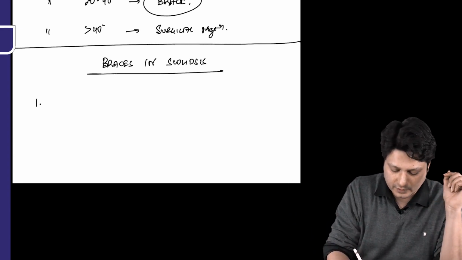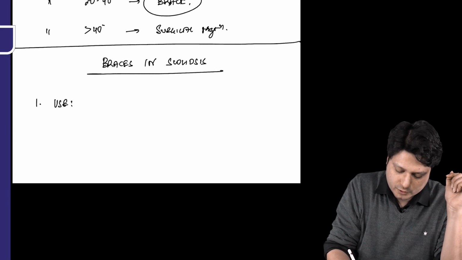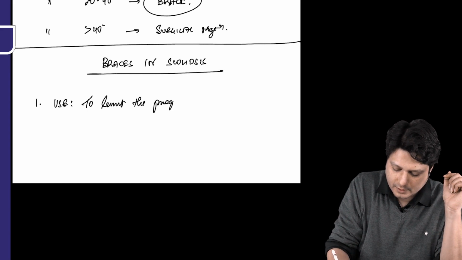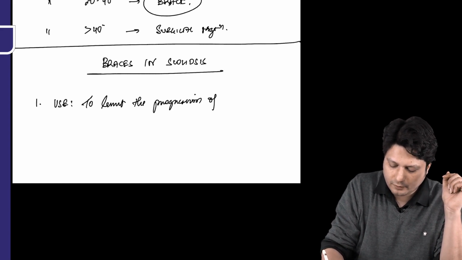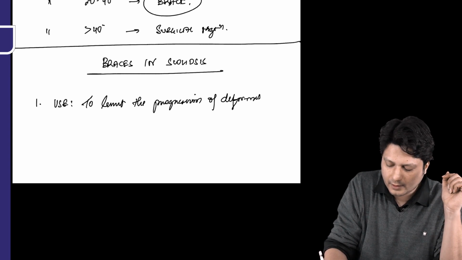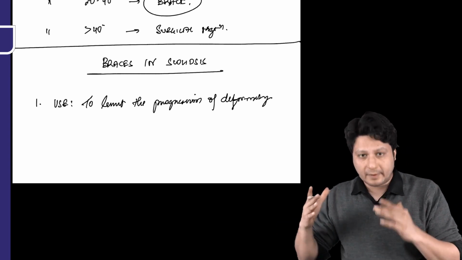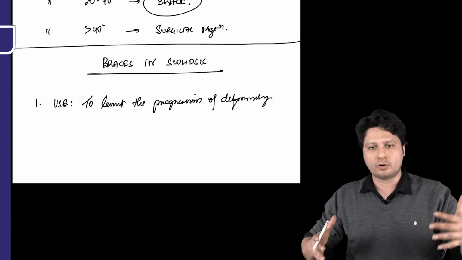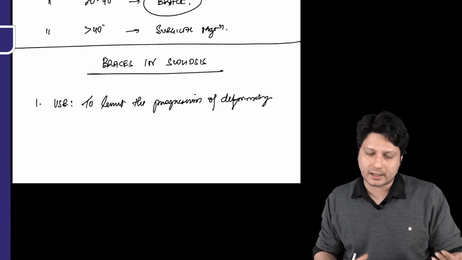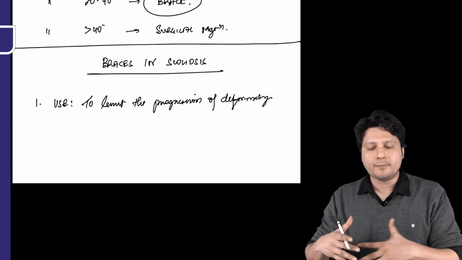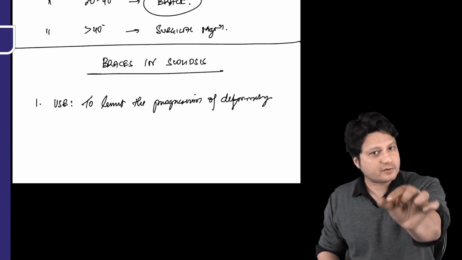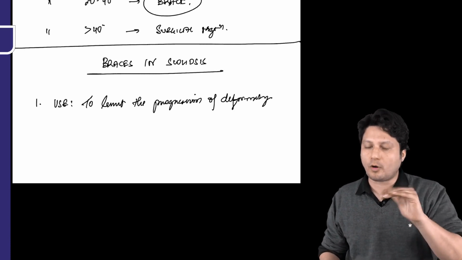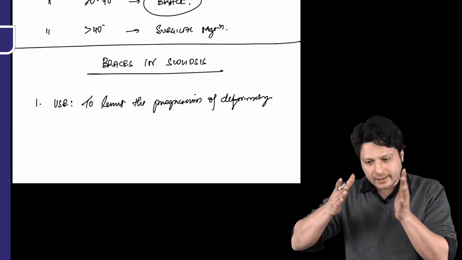So braces in scoliosis, what is the use? The use is to limit the progression of deformity. All right. That means you are not going to use a brace in order to correct the deformity. Imagine the patient comes to you asking that, my Cobb angle is less than 40 degrees, or for example, it is 30 degrees, and I'm wearing a brace which was prescribed by you, will it limit the progression or will it correct the deformity? So you will obviously say that it is not used to correct the deformity, it will just limit the